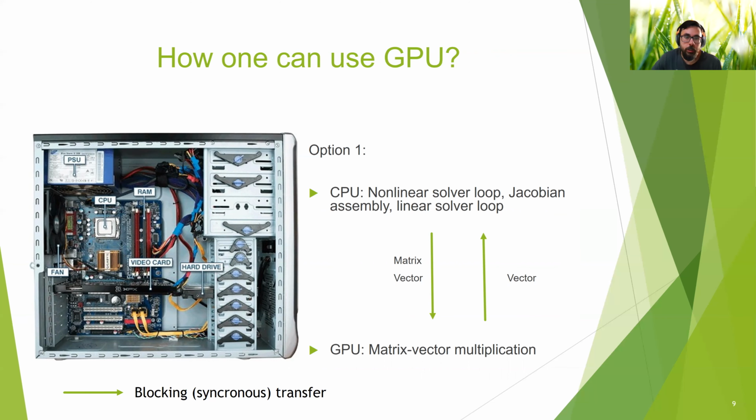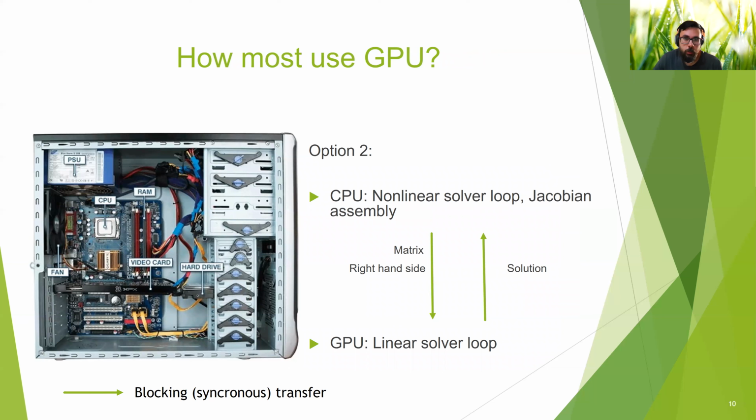benefits. More viable is option 2, where we put the entire linear solver loop on GPU. You can benefit a lot from this, but still you'll have to send some data from CPU to GPU, the matrix and right-hand side and the solution, which limits the amount of benefit that you can get. This option is used by many, however, because